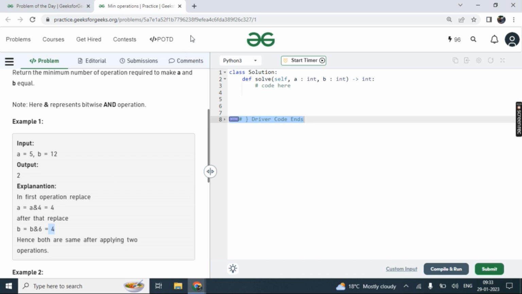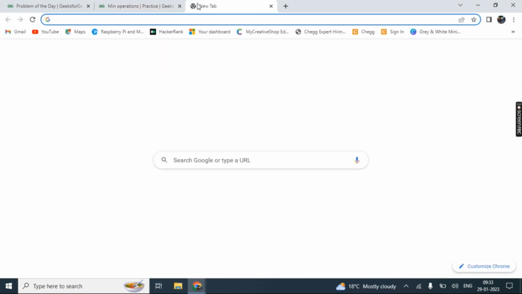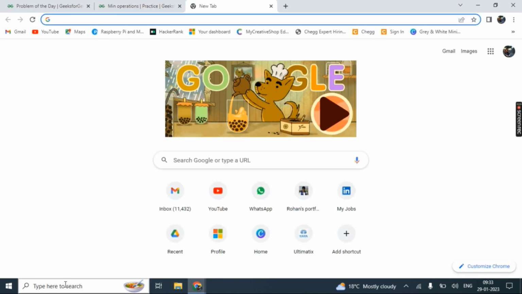But if we put a bitwise operation of a and b, we'll get this final integer, which is nothing but the AND of both a and b. Let me explain it in the Python compiler.